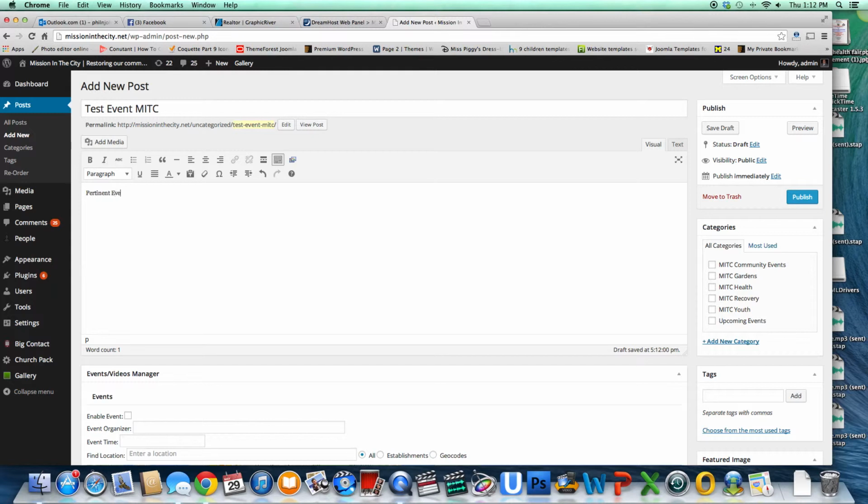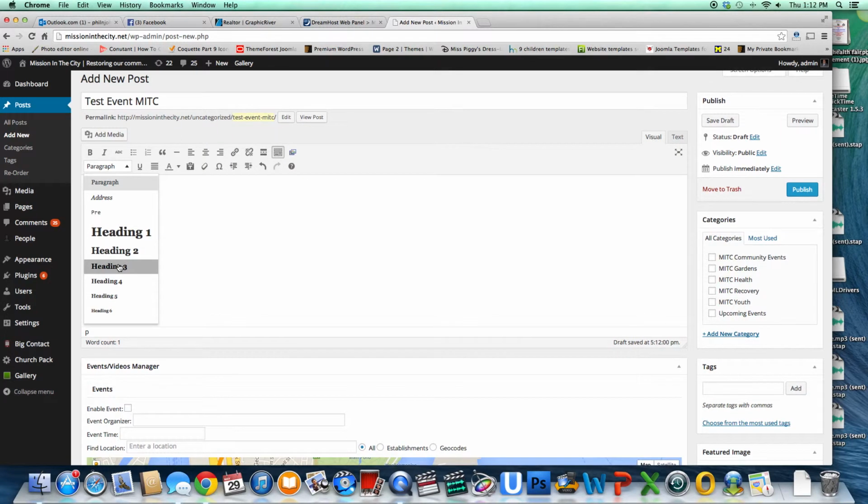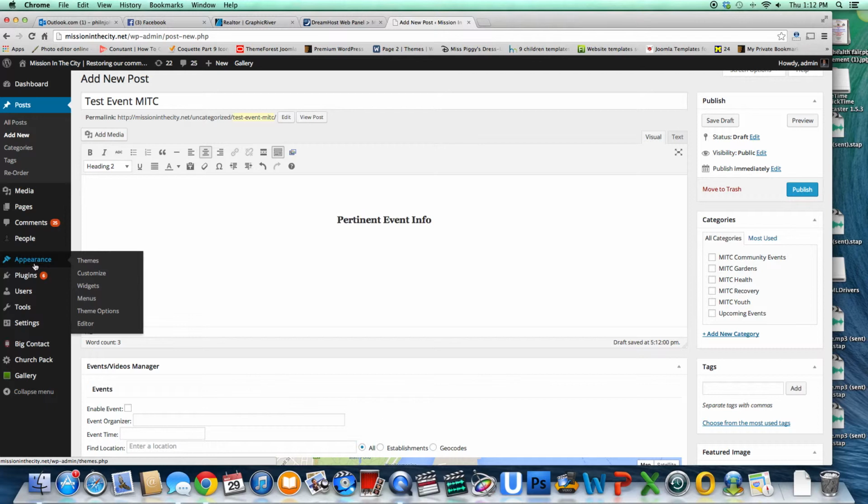Pertinent event info. We'll go here to change the font size. You'll go ahead and highlight it, and you'll select one of these headings. Now, you can't change the font, but you can change the font size. You can bold it, you can italicize it, or what have you. What I like to do is I like to center this on the page if I'm going to add a flyer. And how you add a flyer is you're going to go to Add Media,